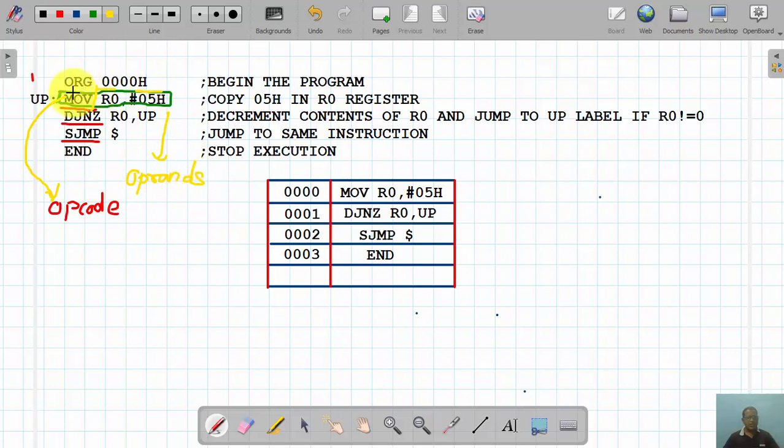So this instruction is going to copy data 05H into the R0 register, right? Then DJNZ R0, up. Now consider, for the sake of simplicity, that we download this code into an 8051 microcontroller. This data gets saved into your code memory.